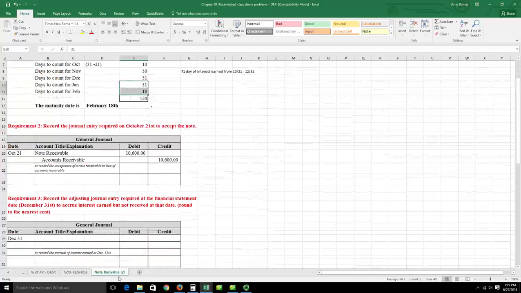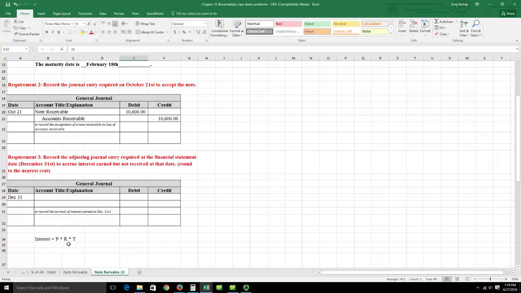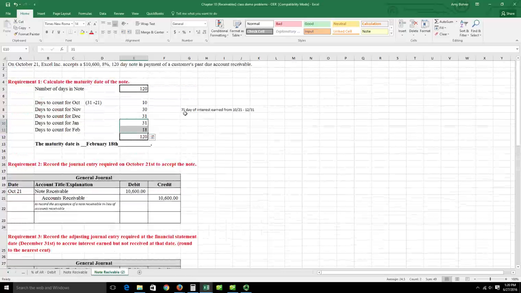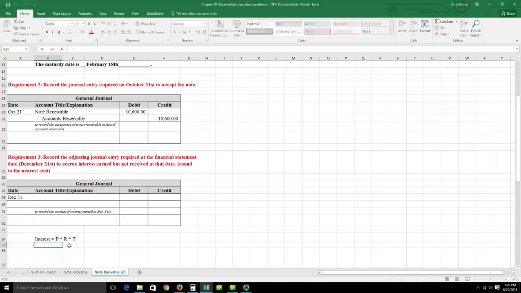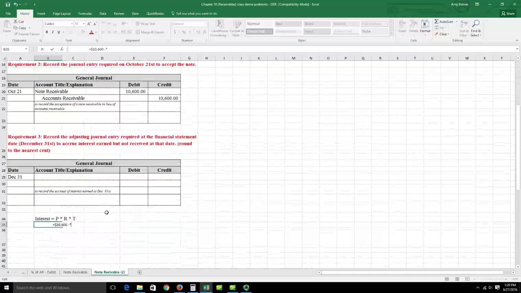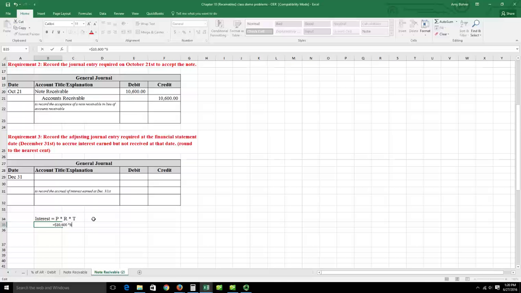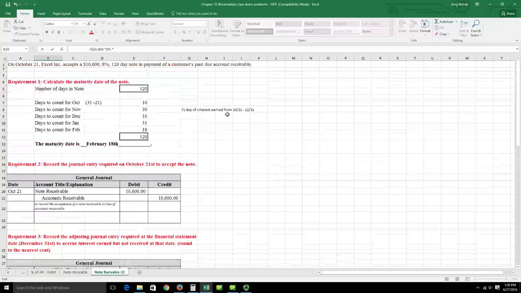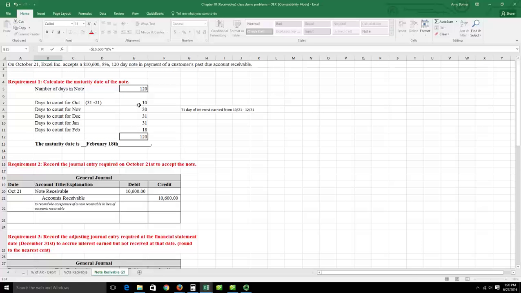So what happens at December 31st? We use this formula, principal times rate times time, to calculate how much interest we've earned in these 71 days. So our principal is $10,600. I'm just going to plug that into our formula here. Our rate was 8% this time. And our time we just calculated was 71 days. That's the amount that I've earned for October, November, and December, because right now we're sitting at December 31st, and I'm trying to figure out how much of this 120 days worth of interest I've accrued, and it's 71 days